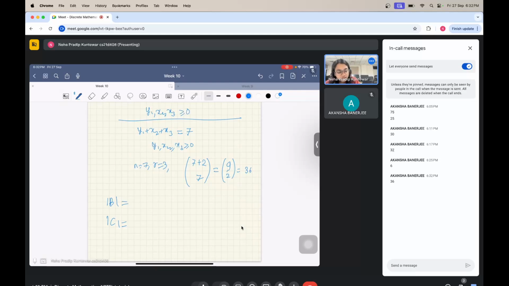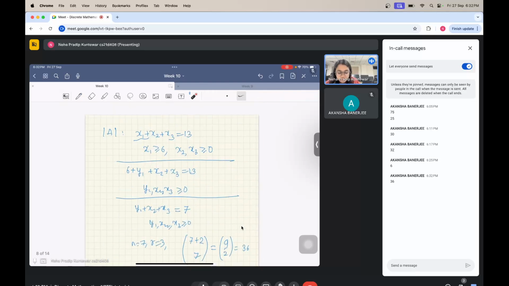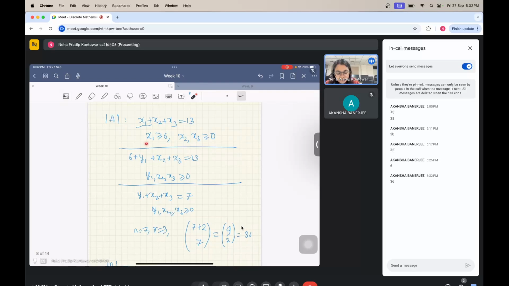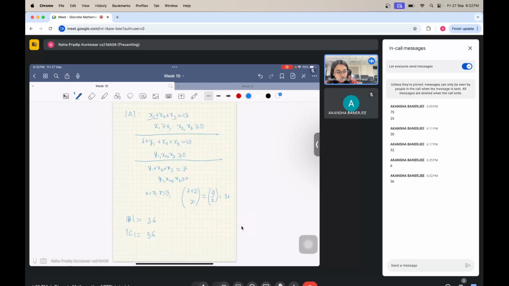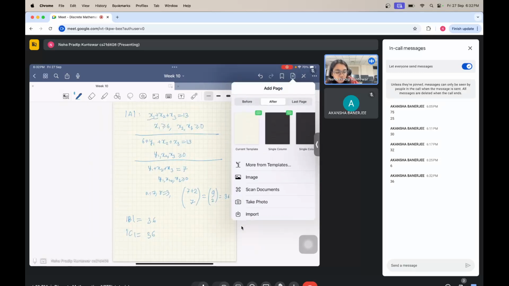36, exactly. So B and C are essentially the symmetric cases where instead of x1 you have the constraint on x2. So if you do the same thing by renaming, you'll get the same answer for both of them. So this is also 36 and this is also 36. Now what we want to count is